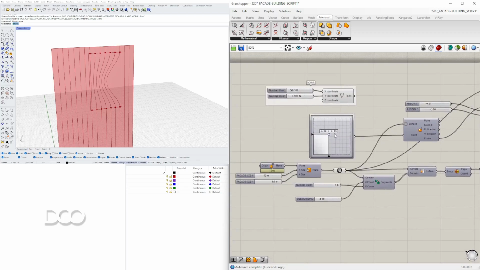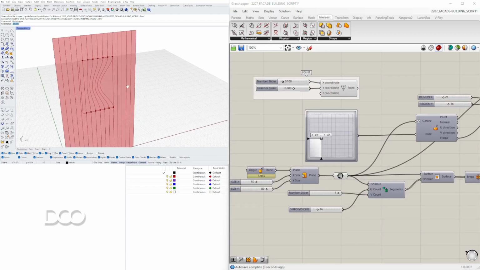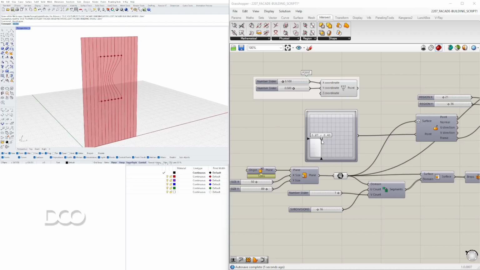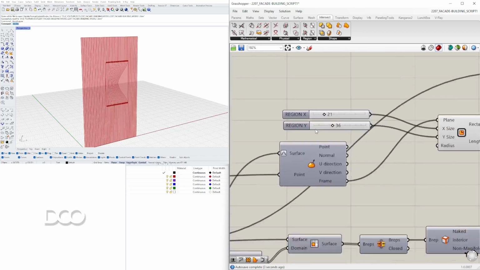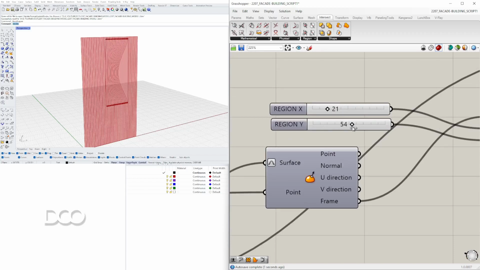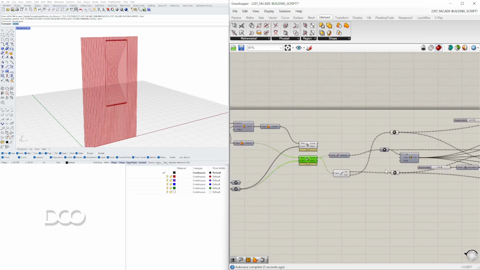And then the cool thing, in my opinion, is being able to move this region and have it update. And then here we can add more and it will also update. So the cool thing would be to add more vertical. And then here,